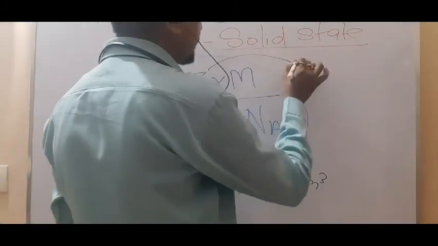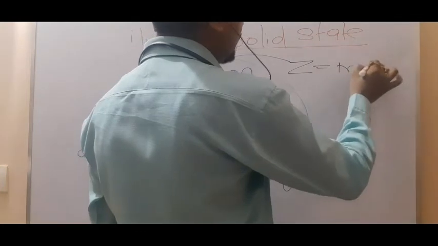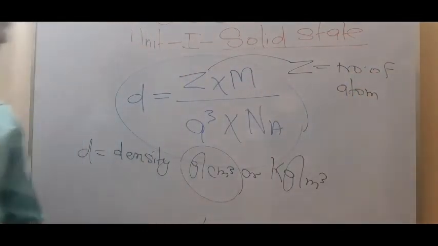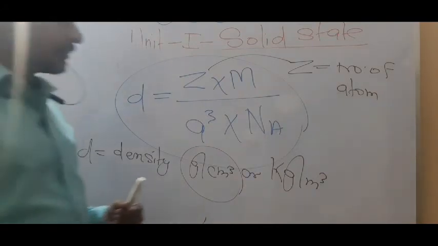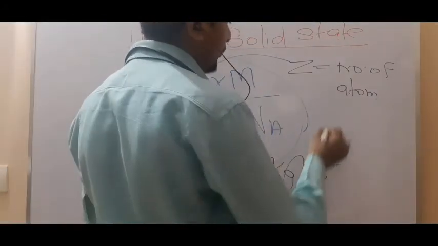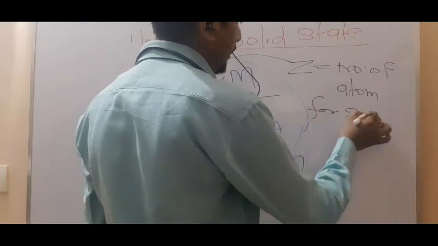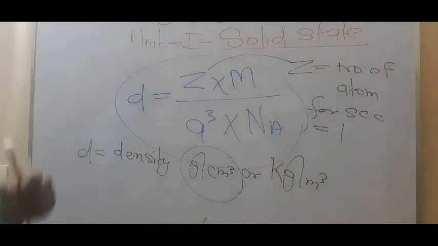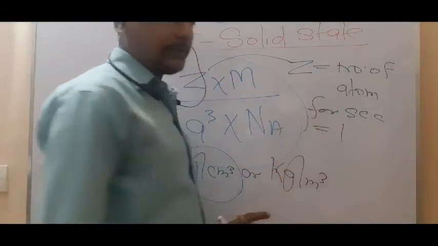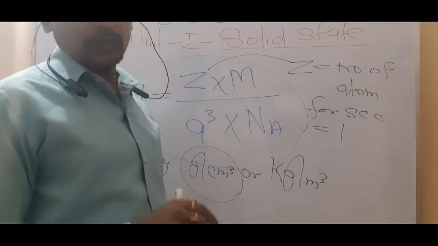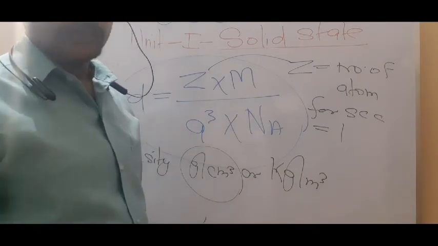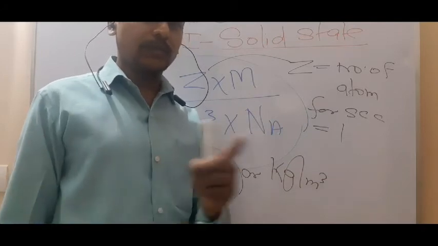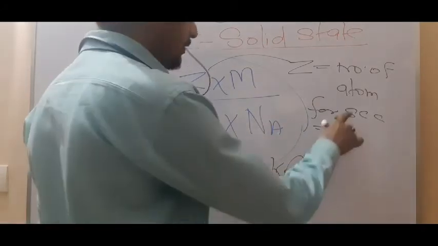Then what about the Z? So Z equal to basically number of atoms. Here three types of crystal are given: SCC, BCC and what? FCC. For SCC you have to write the number 1. That means for SCC the total number of atoms is 1. I told you how to calculate. The atom only belongs to the corner, so the contribution of a corner is 1 by 8, and you calculate 8 into 1 by 8 equal to 1. The SCC gives 1 atom.